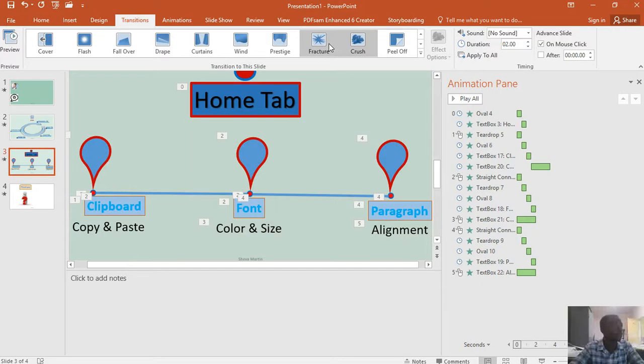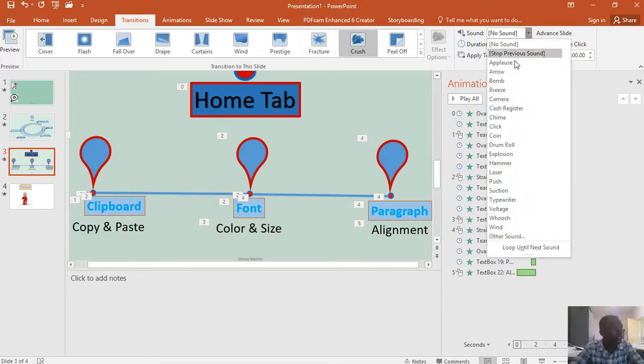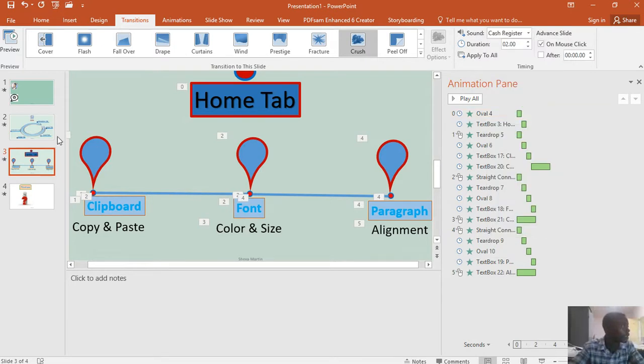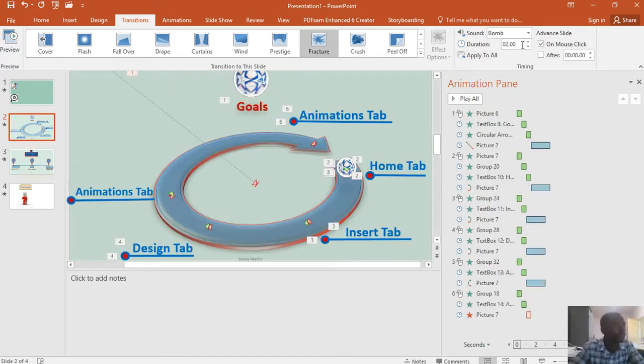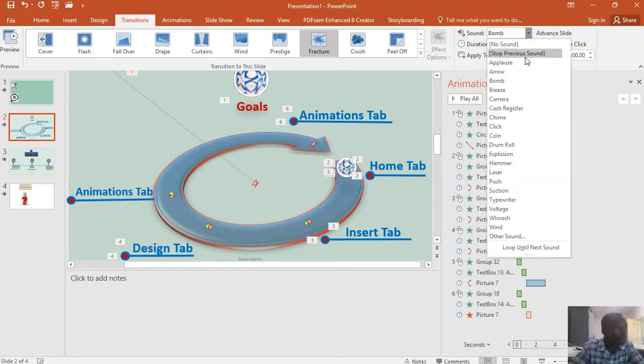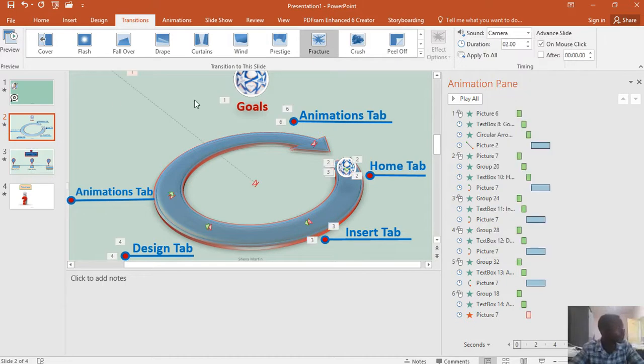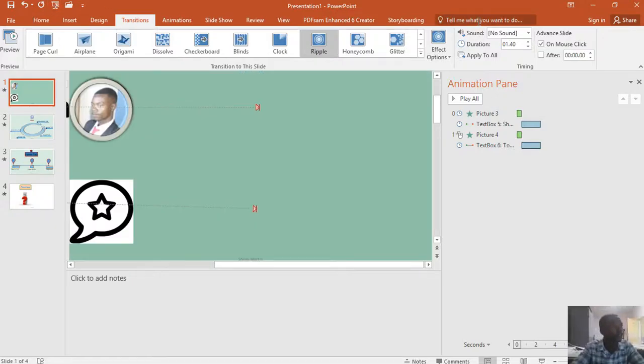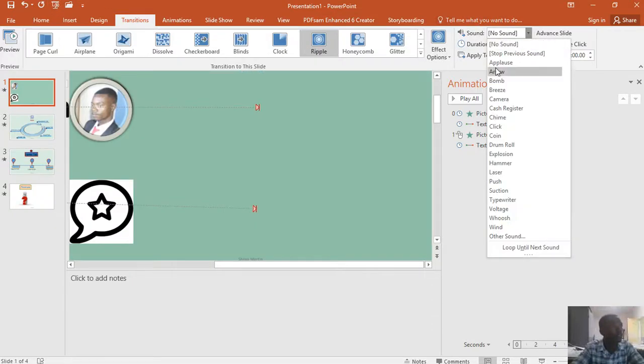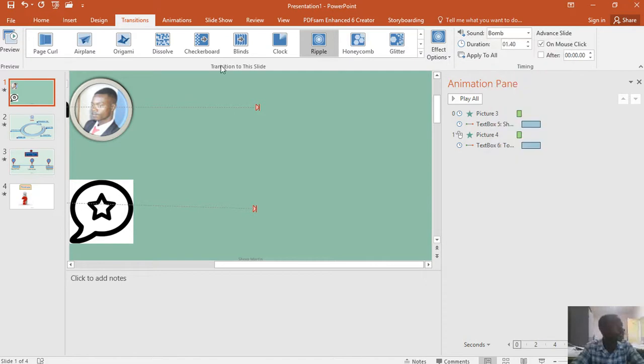Right, so let's choose some sounds here. Let's have cash register. Right, here let's have camera. Oh, here we have a bomb. No, we need a bomb only on the first one. Let's have camera here. Right, so if you run it, the first slide does not have sound. This must be a bomb here. So we run it,